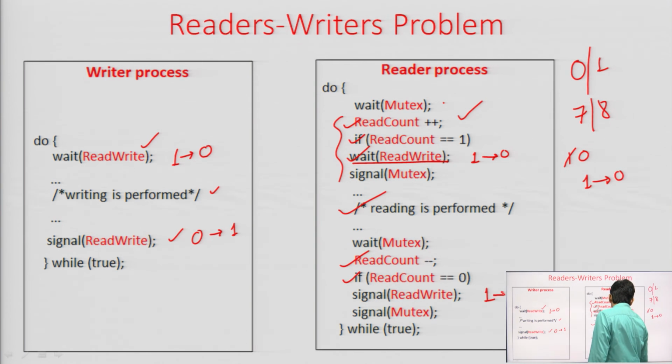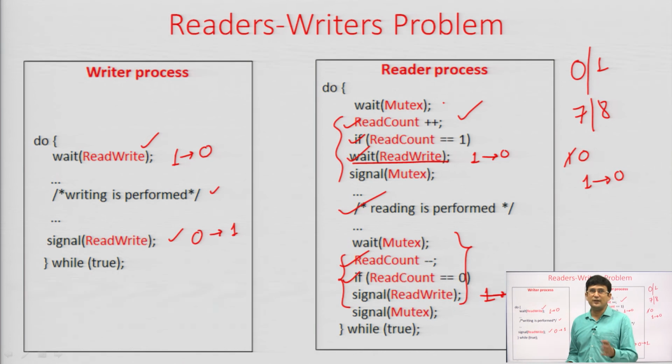So, the read write semaphore value which was brought to 0 by the wait operation, let us convert it to 1, so that other write operations can be allowed. So, all these 3 statements should run in a mutually exclusive way. The preemption will actually destroy the solution's credibility. So, all these things should be mutually exclusive. Fine. So, this is the reader's problem.